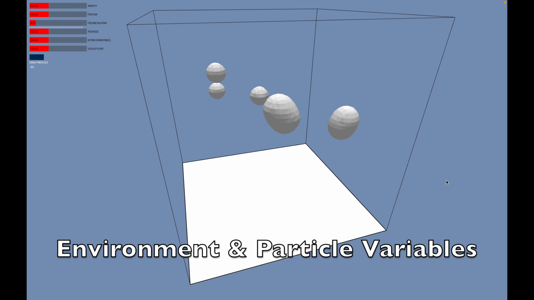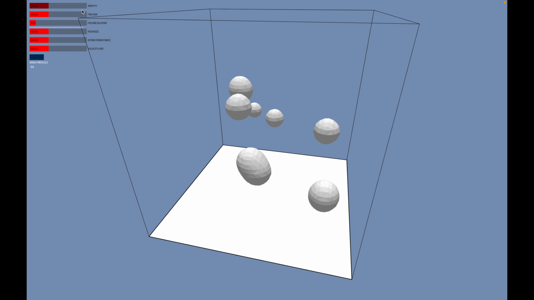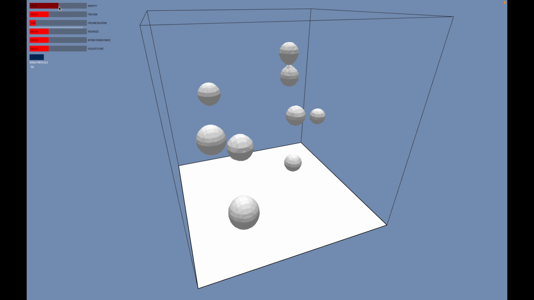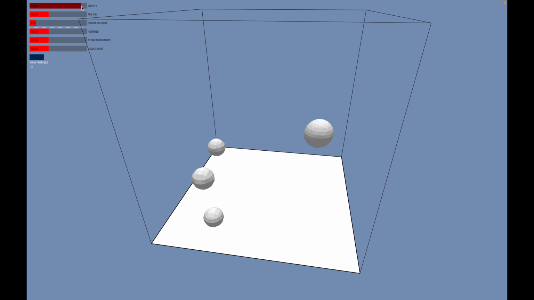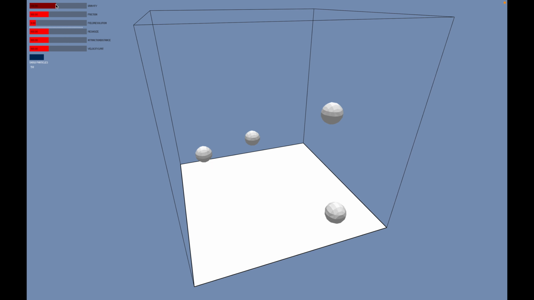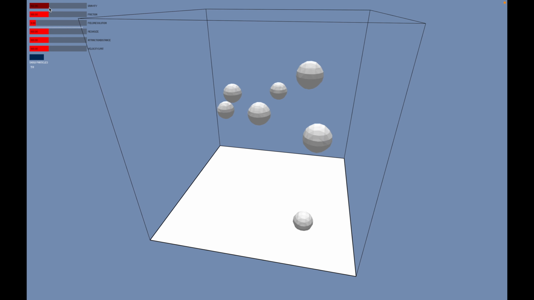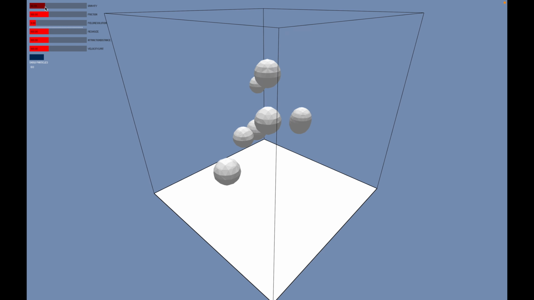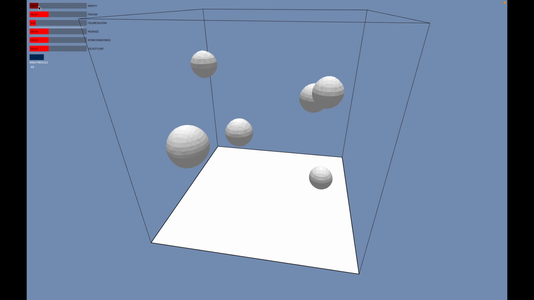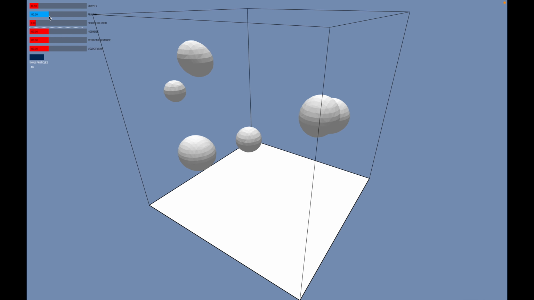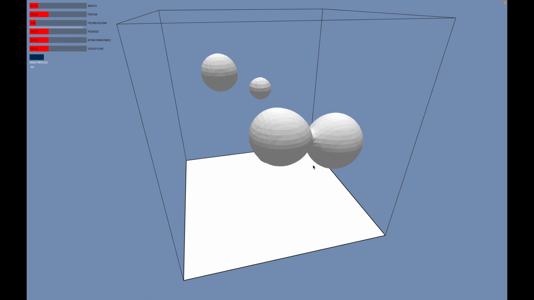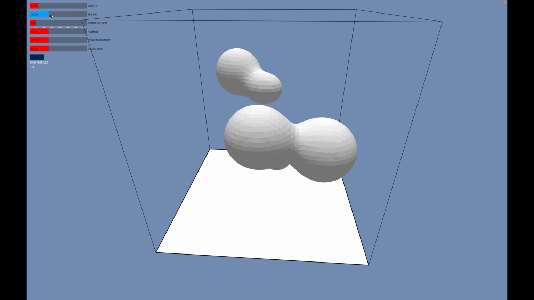Now let's have a look at some environment variables. Our two that we have here are gravity and friction. If we increase gravity, we can see that the particles will fall a lot faster. If we reduce that again, they start to fall slower, until we hit the point at which gravity is less than friction. If we do that, then the force acting downwards on the particles is not able to overcome the friction. Therefore, these particles will still wobble about because there's still interaction between the two particles, but there is no